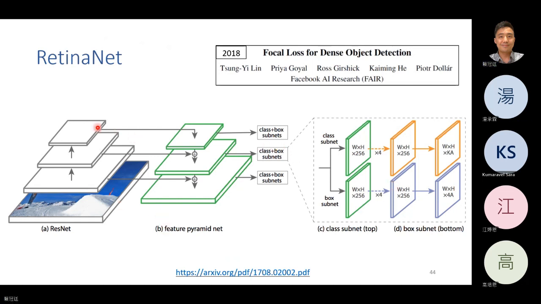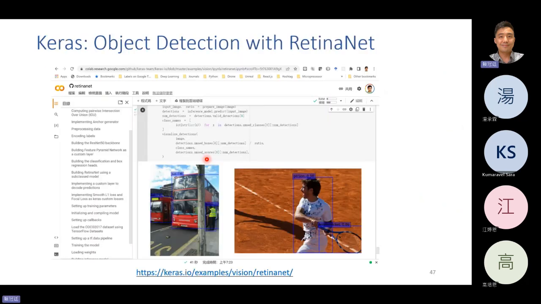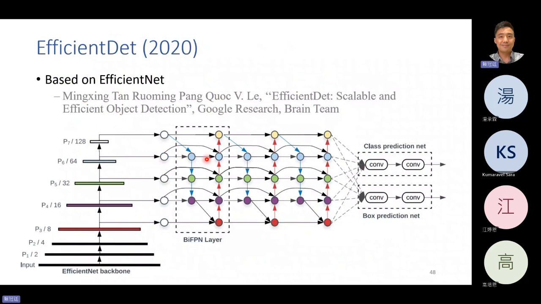The innovation is to have the additional feature pyramid network. And he proposed focal loss, which can focus on the less common classes. Basically, other architectures are between the backbone and the neck. We will continue to